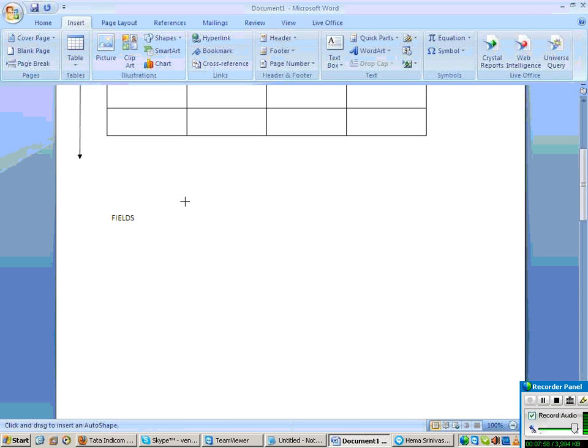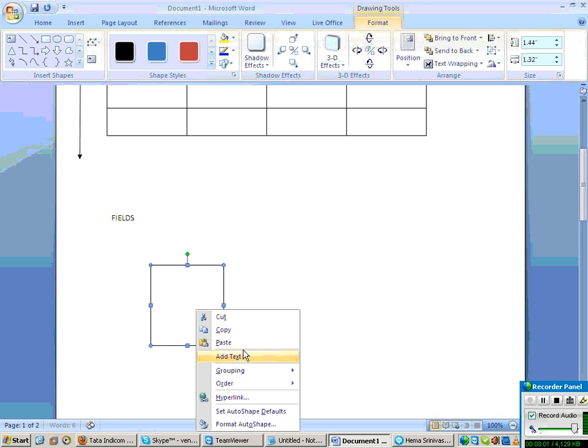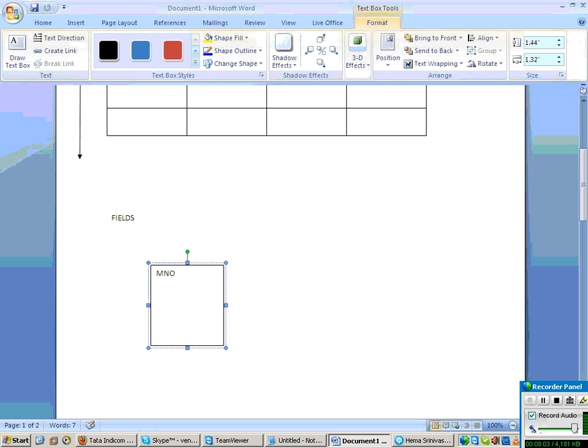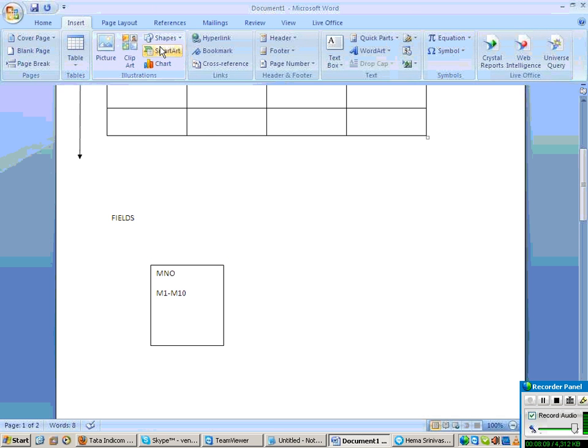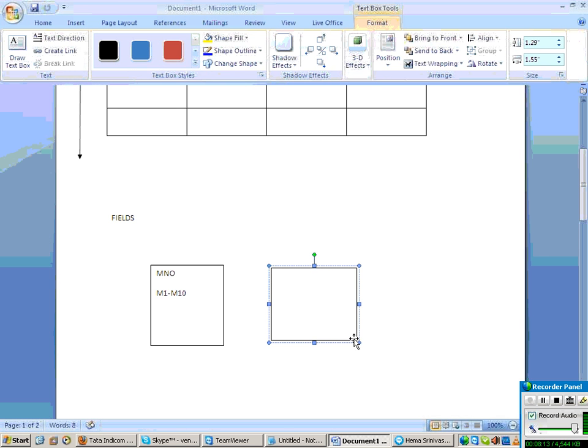Now let us say, imagine cube 1 has data for some materials, M1 to M10. Now imagine the second cube has sales data for some materials, let us say M5 to M15. So whenever you want to create a view or join, what is the condition? Both should have a common object.